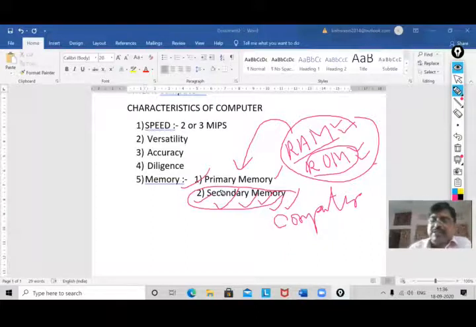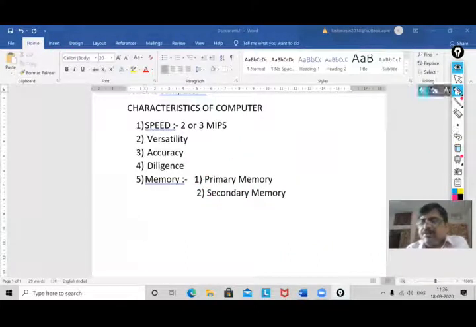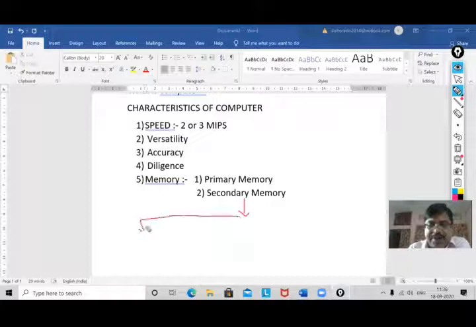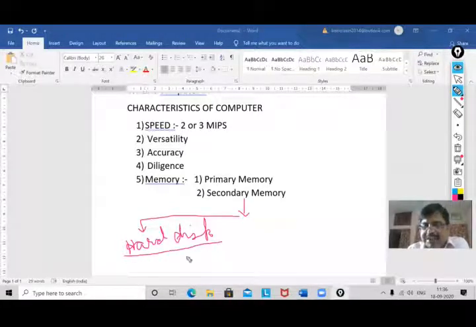Now, if I'm talking about the secondary memory, there will be different examples. You might have heard about the hard disk. It is of two types. One is the internal and the other one is the external hard disk. Understood? I'm not going to explain these topics in depth because in your syllabus it is not defined that you have to describe the hard disk. Now, here you can store your data, but a hard disk once fixed cannot be removed. I'm talking about the internal hard disk because once it is fixed, you cannot remove it.